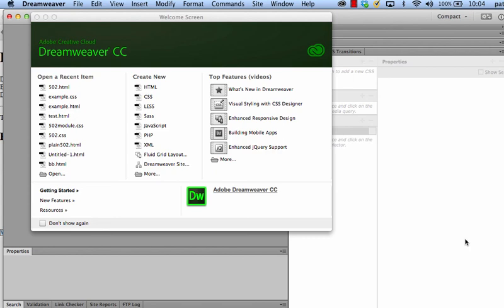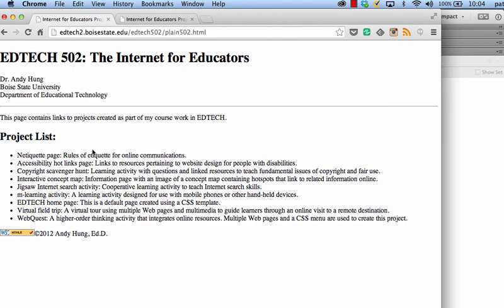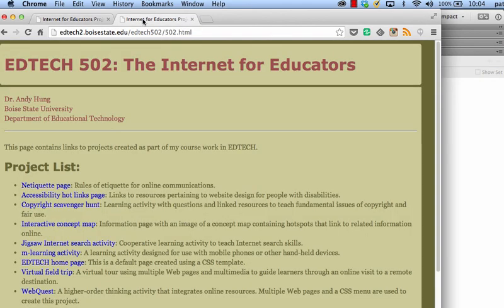Hi, it's Patrick. In this video, I'm going to show you how to use Dreamweaver Creative Cloud to take a basic website and add a CSS style sheet. Cascading style sheets changed a bit in Dreamweaver Creative Cloud, so hopefully this will be helpful for beginners. So more specifically, the idea is how do you take a page like this and create a page like this